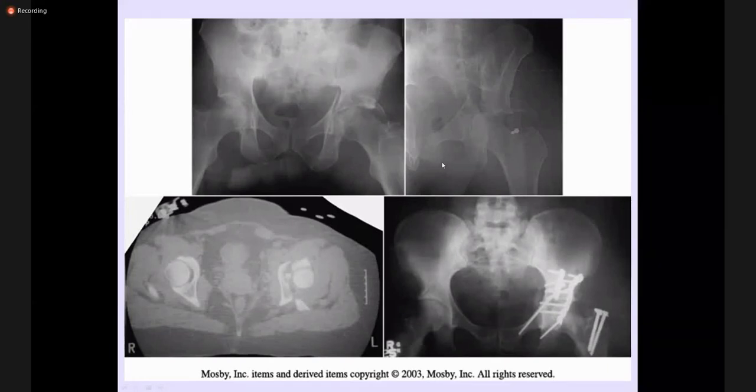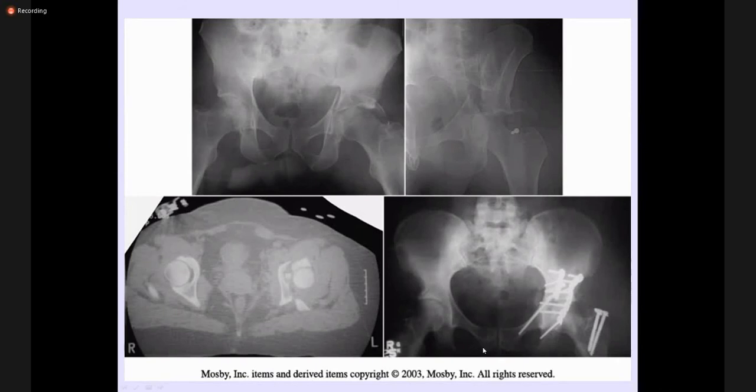While on the obturator view, see, there is also a break of the iliopectineal line and ilioischial line. So in AP view, only the anterior iliopectineal line is disrupted, while in the obturator oblique view, the iliopectineal as well as the ilioischial line is also disrupted, and there is a transverse fracture of the acetabular dome.